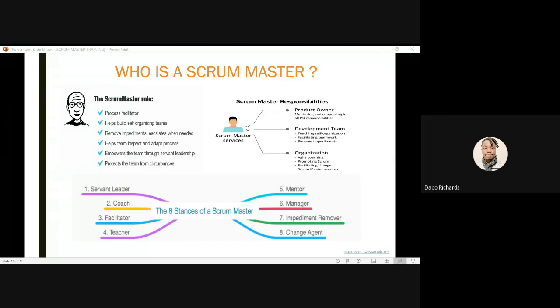I think first of all is to understand the role of Scrum Master. I'm just going to use what I have on my screen here to say, first, you are a facilitator, you are a coach, you are a teacher, and so you are not a business analyst. If you look at Scrum roles, a BA role is not part of it. So you have product owner, you have Scrum Master, and you have the development team or the developers.